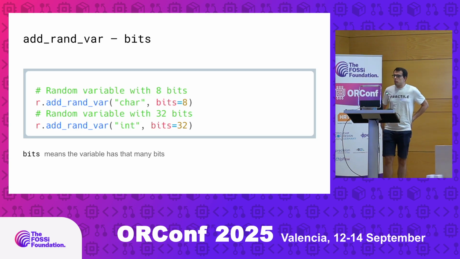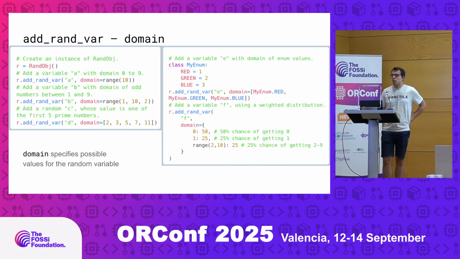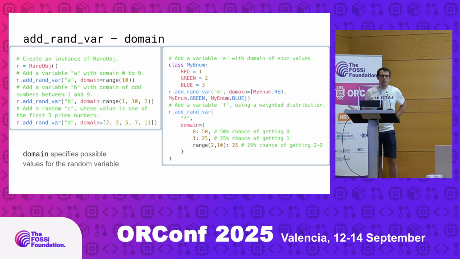So when you add a random variable, you do have to tell the problem what the possible values are. The first way to do that is simply to say how many bits the variable has. The second way is to provide a domain. A domain could be any kind of iterable, really. It could be a range, it could be just odd numbers, it could be a specific list of things like prime numbers, it could be that enum that I've got on the right-hand side, and then I support